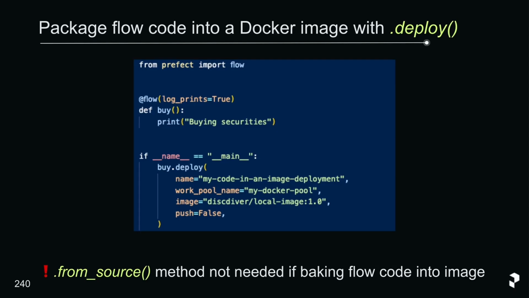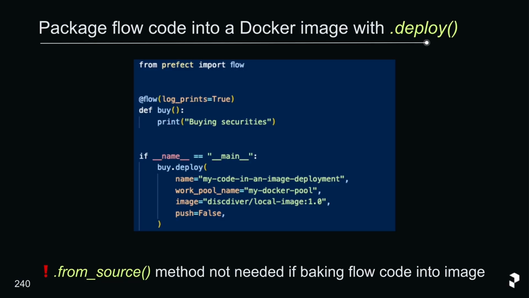And you have the option of doing that with the .deploy method. So you can see the example here. We're creating a deployment for this flow. We've got the Docker work pool passed in, and we are also specifying an image that we want to use for this particular deployment. And we also specified that we don't want to push this image anywhere else. You do not need to use the from source method in this scenario if you are baking the flow code